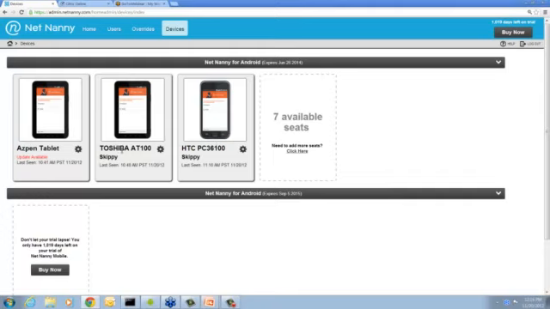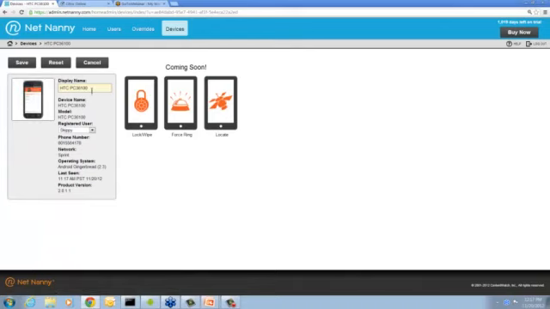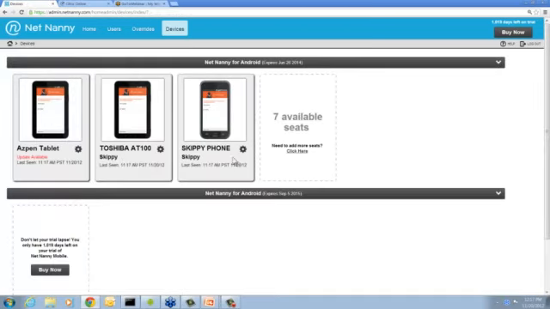So we see the Toshiba is associated with Skippy, and so is the HTC phone, which I'm looking at right now. If you want to put easy to remember names in for your devices, so HTC PC36100 isn't very easy to remember, so I'll say edit, and we'll just call this Skippy's phone. And save it. So now in the reporting, instead of an obscure number that's hard to remember, I have Skippy phone, and that makes it easier for me to identify who that user is or that device